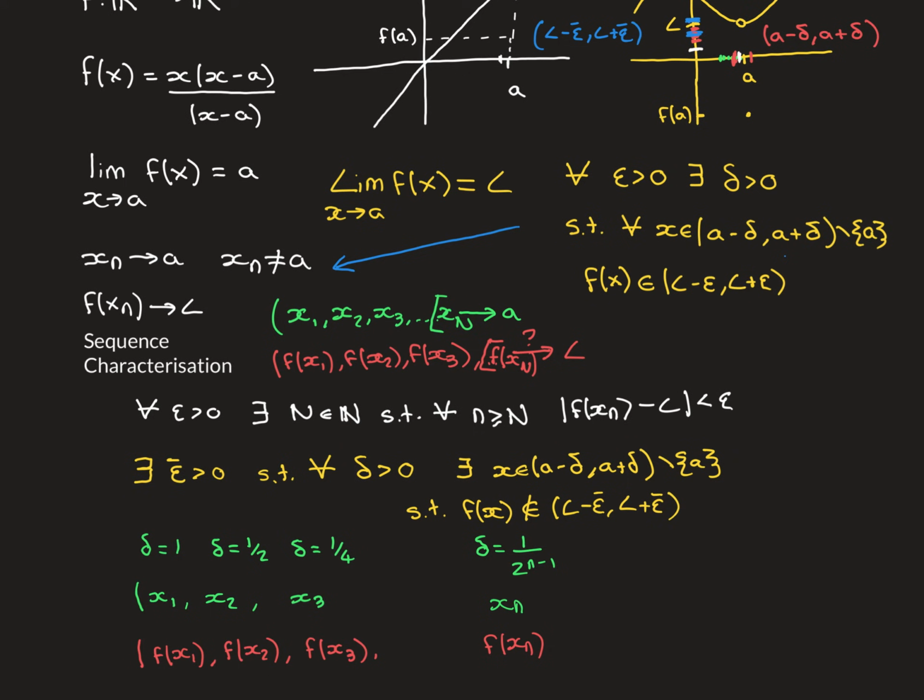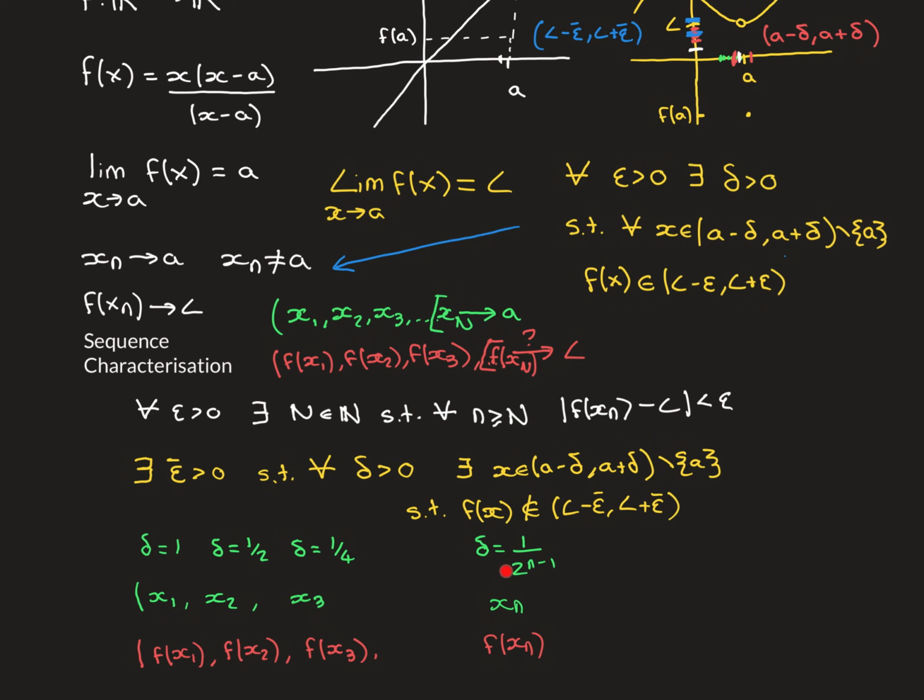You keep halving the size of the delta interval. So to get the nth term, you will have a delta equal to 1 over 2 to the power of n minus 1. It's not quite 1 over 2 to the power of n. You have to have that minus 1 there. If you look at the way we've done this, this second term was 1 over 2, so it was 1 over 2 to the power of 2 minus 1. This third term was 1 over 4, not 1 over 8. So it is necessary to have that n minus 1 there.